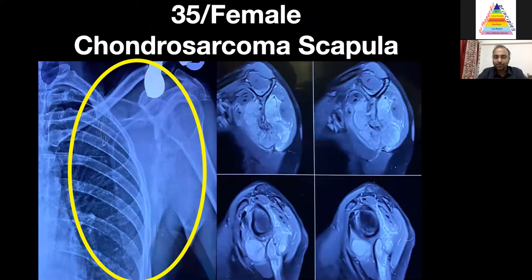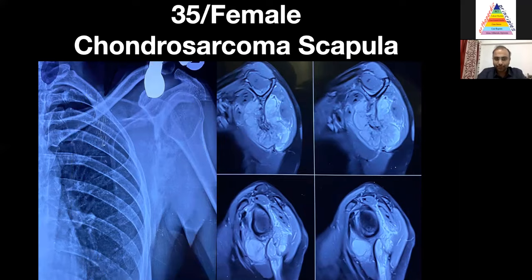So scapular tumors are also a bit uncommon. So it was here chondrosarcoma of scapula in a 35 years female. We have treatment options: we can resect the scapula and just not reconstruct it. So that is one option. Reconstruct the proximal humerus with the clavicle with the help of a mesh. We can use a scapular prosthesis, again a costly option. You can get a 3D printed model and 3D printed implant of the scapula, or you can use ECRT, that is extracorporeal radiotherapy. So in this case, ECRT, extracorporeal radiotherapy was used.